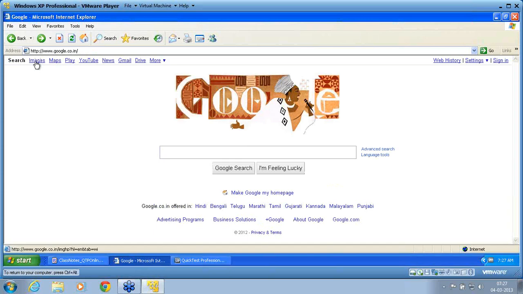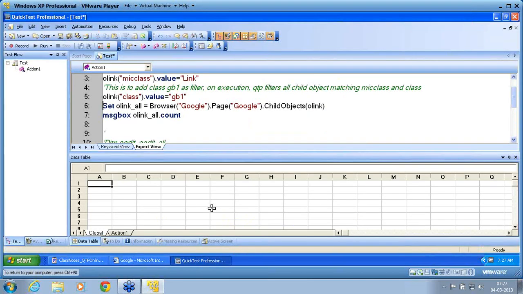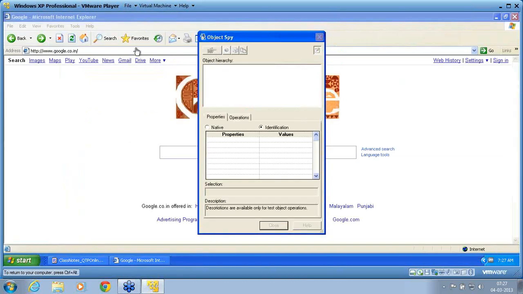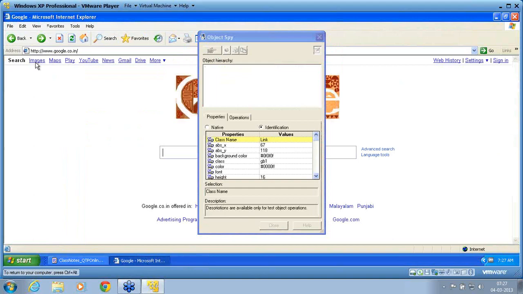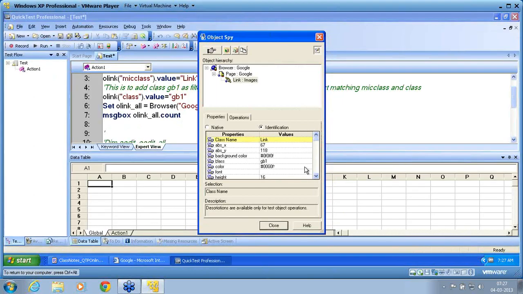For each link, first I need to understand which property I am going to use to recognize it. There are 2 properties I would like to retrieve. One is the href property. I go to Spy again. I click on Spy, and click on one image object. In this, or for all the objects, I would like to take 2 things. One is href, because href takes me to the link. Second is the name field.